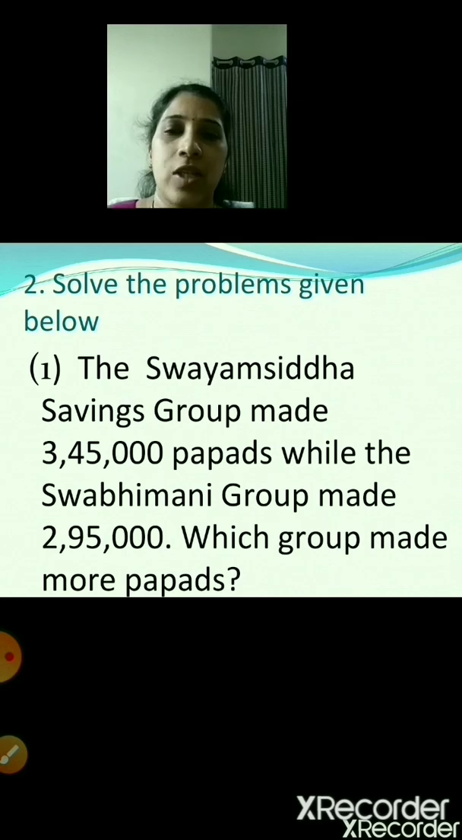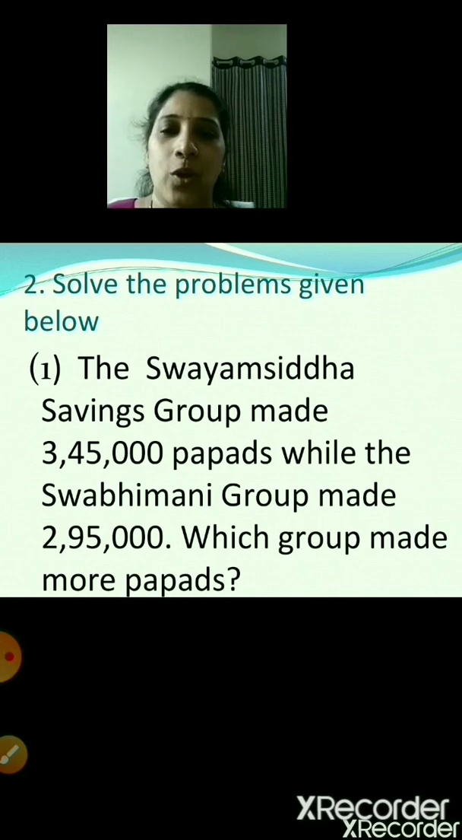So what is the first word problem? The Swayam Siddha Savings Group made 3,45,000 papads while the Swabhimani Group made 2,95,000 papads. Which group made more papads? So